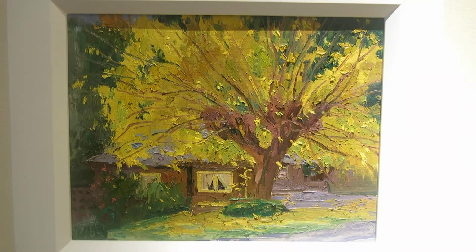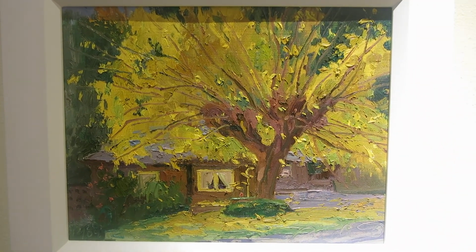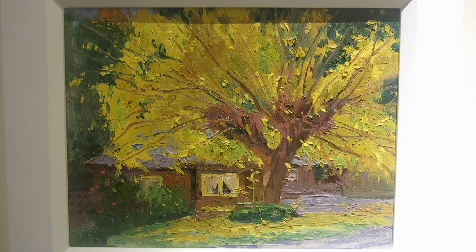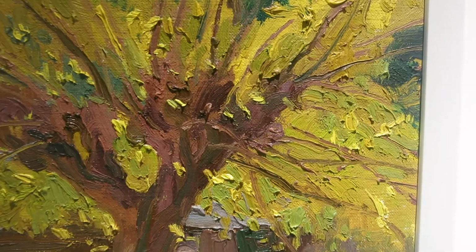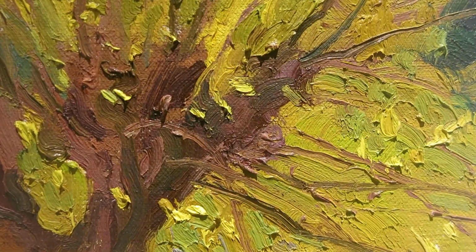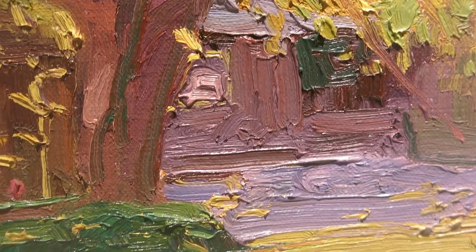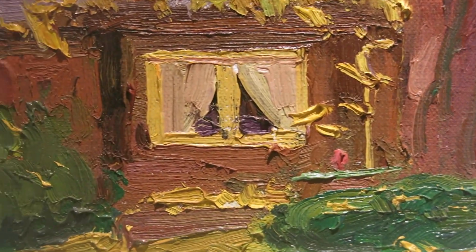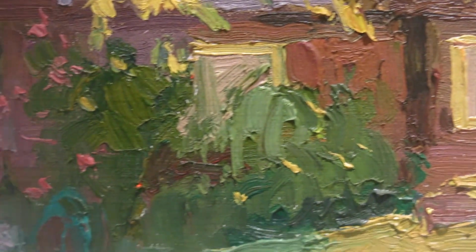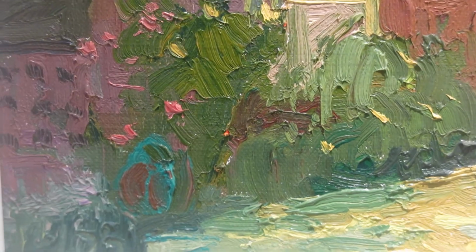This is called Yellow Tree, big catalpa tree on Redwood Road in Corte Madera. I painted this like 3 times before I really nailed it. And this is a yellow strip, yellow violet. And I'll show you my favorite spot right, wait for it, there. I love that hose. Anyway,